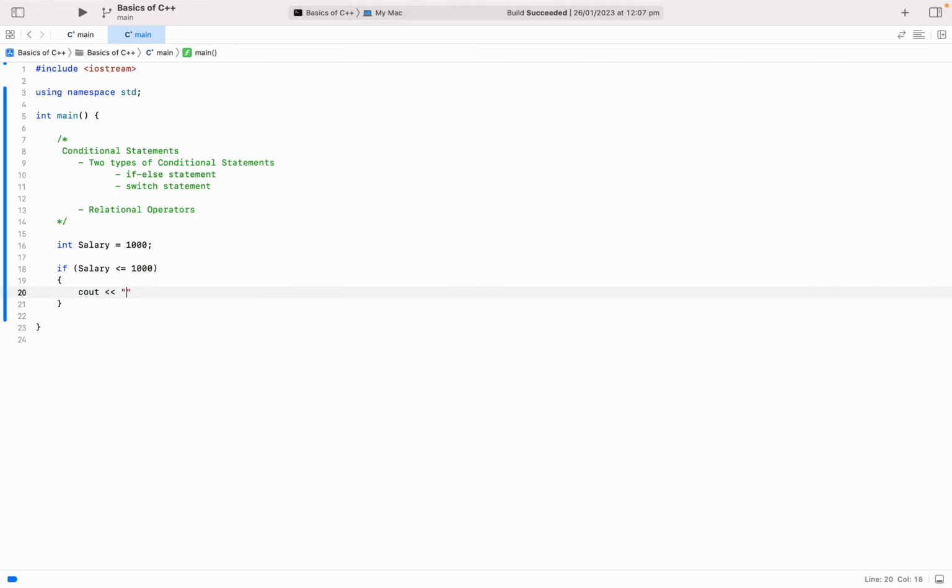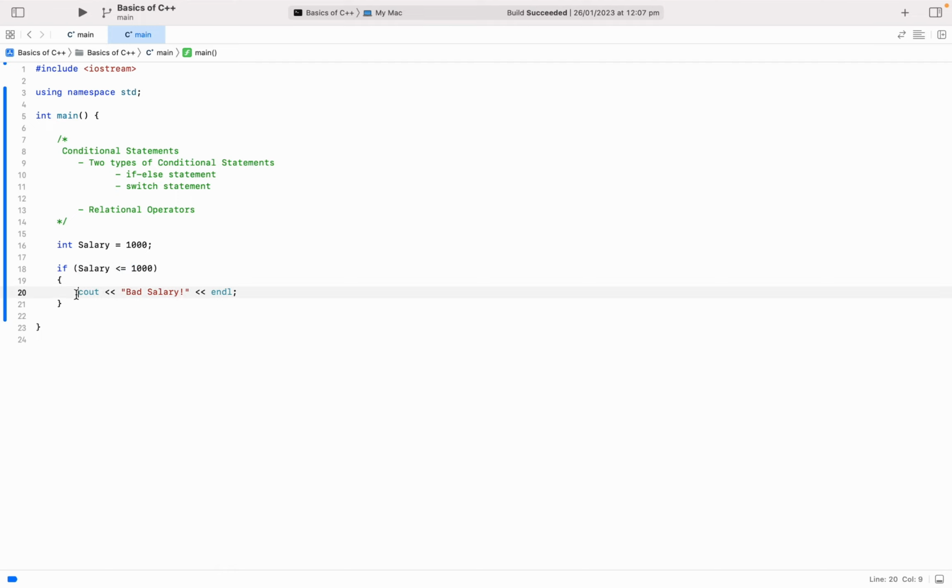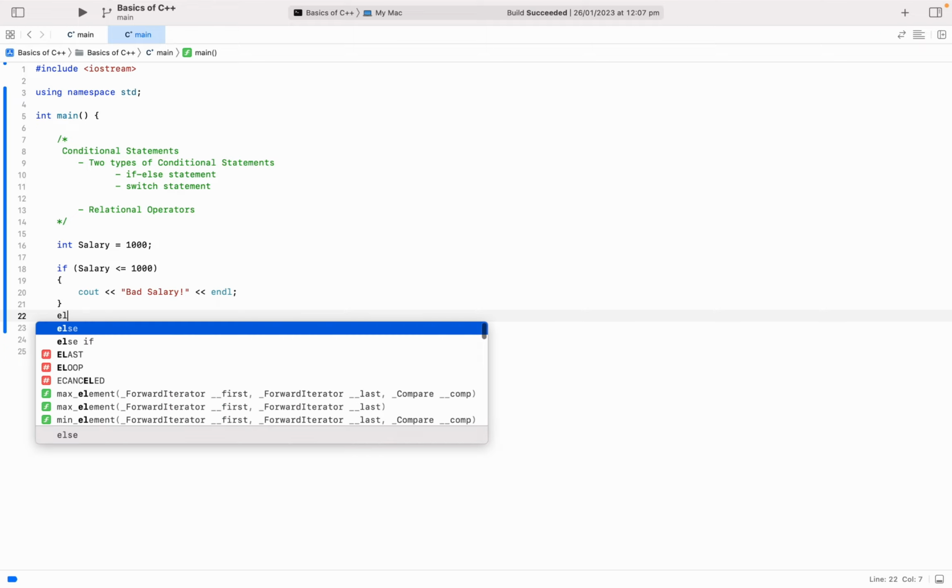The program should output "bad salary." So now we have just trained our program to make decisions for us. The moment it sees the salary is less than or equal to 1000, it is going to output this message. If you don't know what this is, this is what I meant by relational operator. This is one of many relational operators, and if you do want to understand, you can go to the last video. Then we are going to extend this program by saying else if